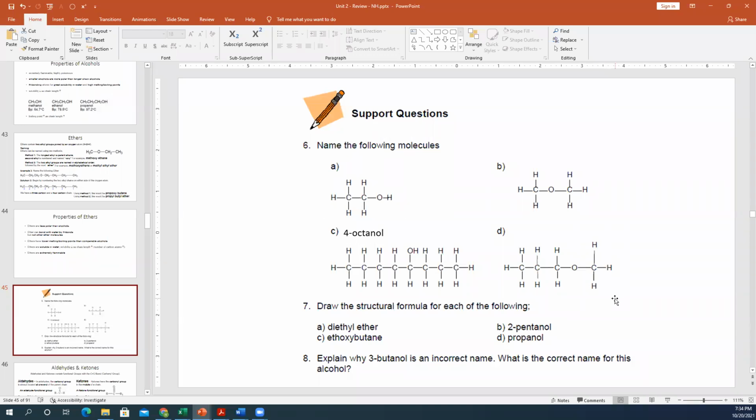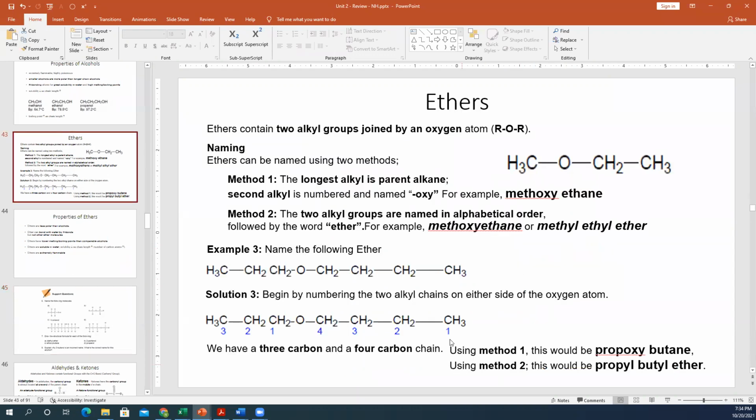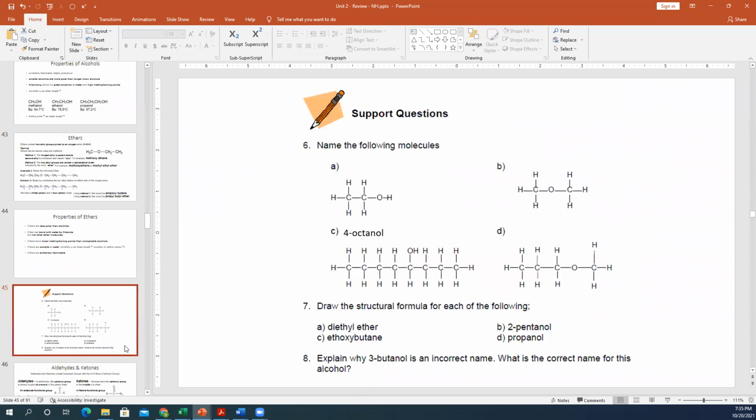Or we can call it something else, but that gets more confusing. I would rather you call it a methyl propyl ether and stop yourself from getting more confused. But you can review the two methods of naming them. You can either name the longest alkyl as the parent chain and then put oxy at the end, so that in this example,